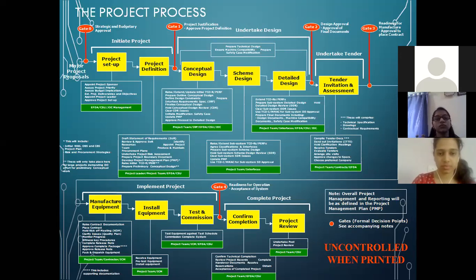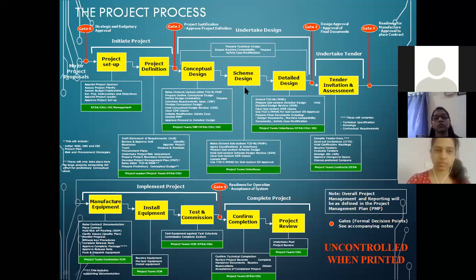Next, conceptual design. Conceptual design is nothing but how you are going to execute, what safety measures you are going to take for the sake of the employees involved in your project, or how you are safeguarding your resources and your raw materials. All these things you will be discussing in your conceptual design, and this is the first phase of your project life cycle. Like the product life cycle, a project also has 4 stages. So the conceptual phase is the first phase of your project life cycle.